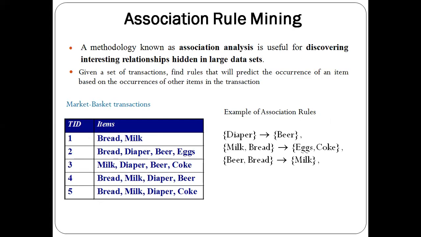I had told in the previous class also that if you go to Reliance Digital Mart, for example, and you find a TV, next to the TV you may have a DVD player also. And in case of Amazon or Flipkart, if you buy a mobile phone, then they will give a suggestion that you can even buy a tempered glass or power bank. Those are frequently purchased items, so they will be kept together.